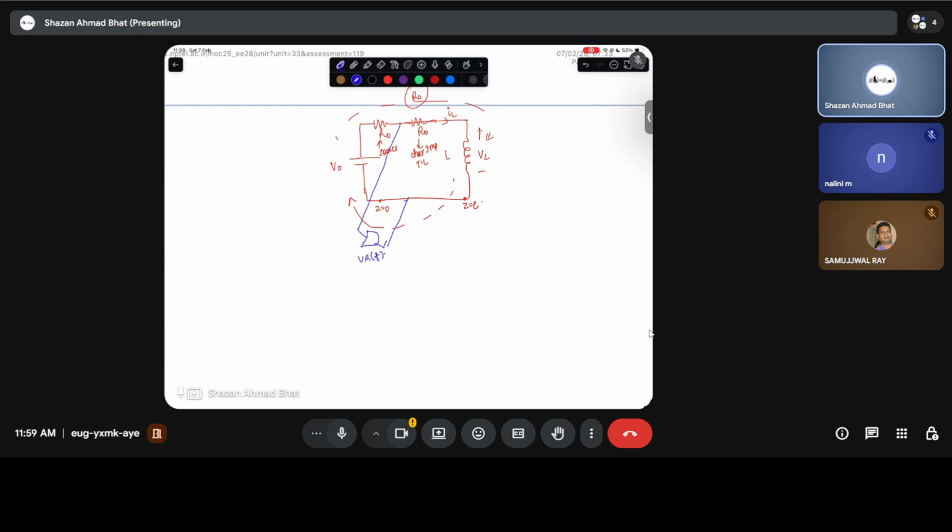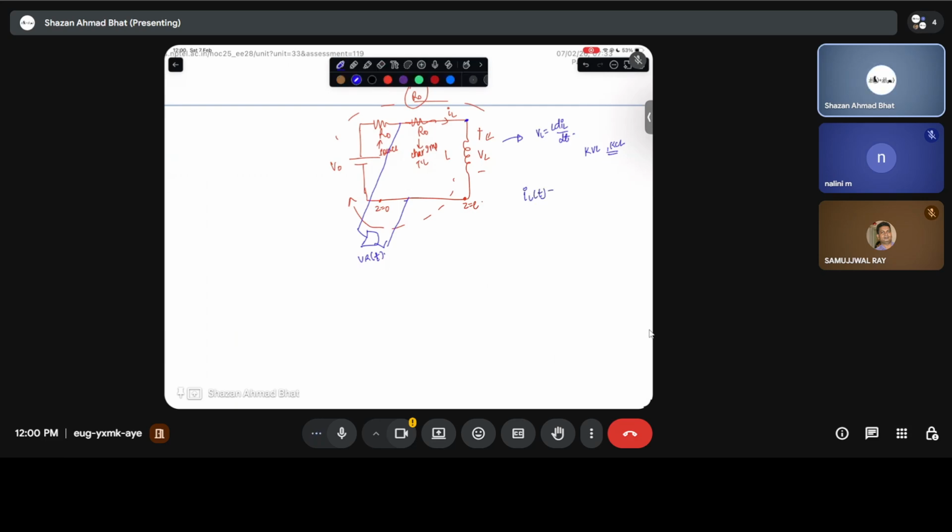So what we can do is write simple equations, because for the inductor you know that the voltage across the inductor is L dIL divided by dt. You can write a KVL or a KCL, whatever you like, at this particular node. But it's better to go with, if we write in terms of the voltage, then the current across the inductor